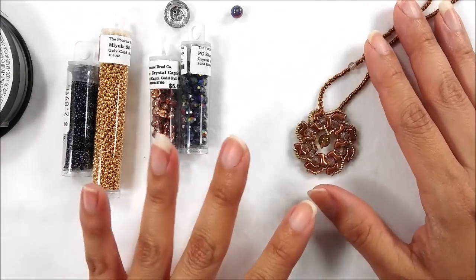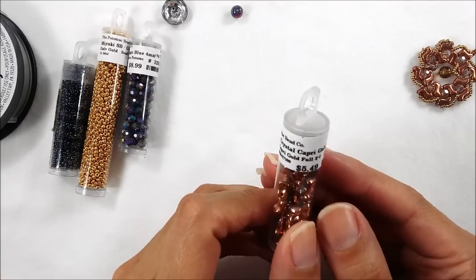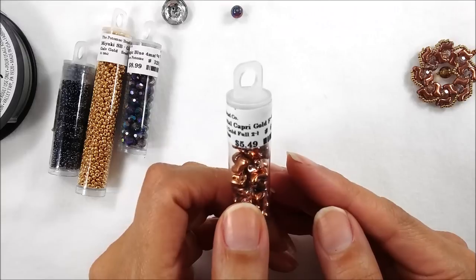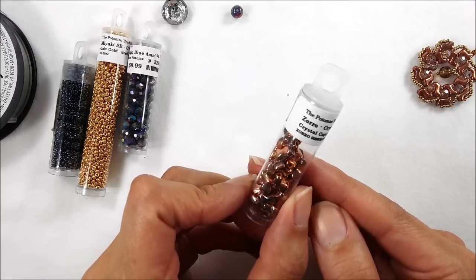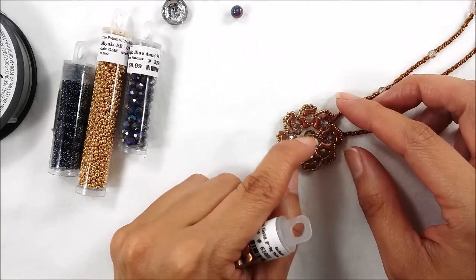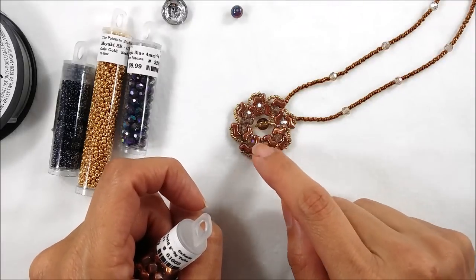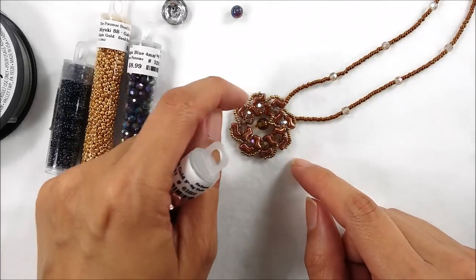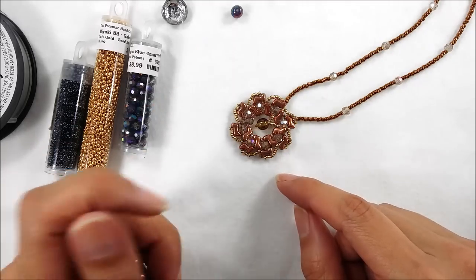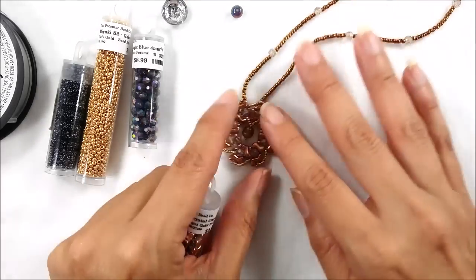Okay, so for this we are going to need Zorro beads, and these Zorro beads that I'm using are the Crystal Capri Gold, and you will need 8 for the center here. 1, 2, 3, 4, 5, 6, 7, 8, and then 8 more for the outer part. So you will need 16 in all. You will also need